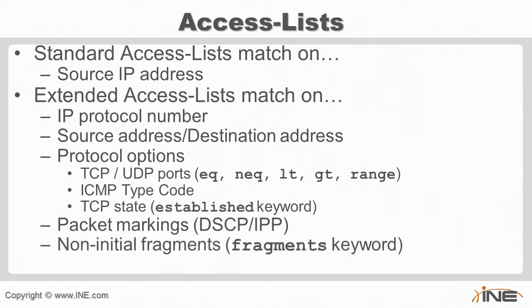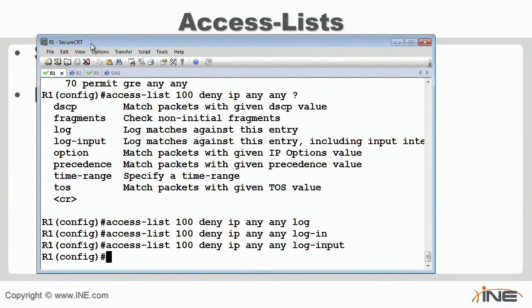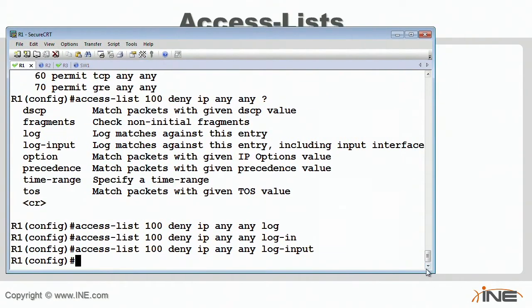So if we wanted to maybe protect the router or the infrastructure against fragmentation attacks, we could deny packets from being fragmented at layer 3 as they either are accepted on ingress or go outbound. So most of this hopefully should be self-explanatory as long as you spend some time to just go to the router and look at